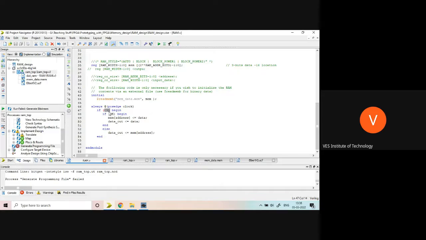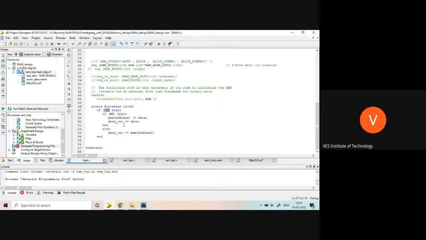What you have to do is make WE, write enable, 1 instead of 0, and then you can write the data. We have to make such a facility in our program so that we can write the data. Right now, what we are trying to do is directly read from the memory. If you use multiple ports, it is very easy.